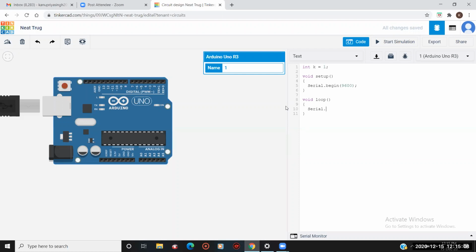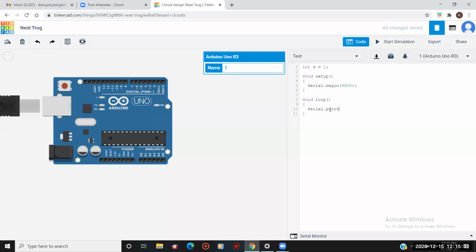For that, I have a command called Serial.print. In Serial.print, S is capital, and in void setup also Serial.begin, S is capital. So just write it down very carefully in your notebook that S is capital, don't make it small. So Serial.print, I am giving the command.